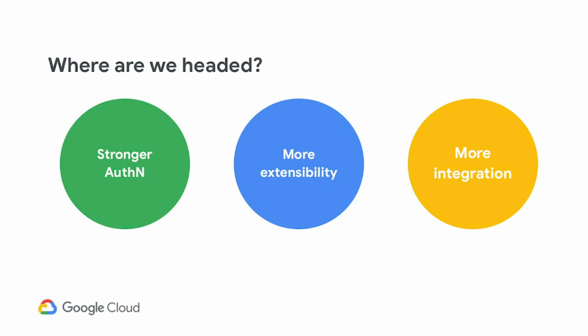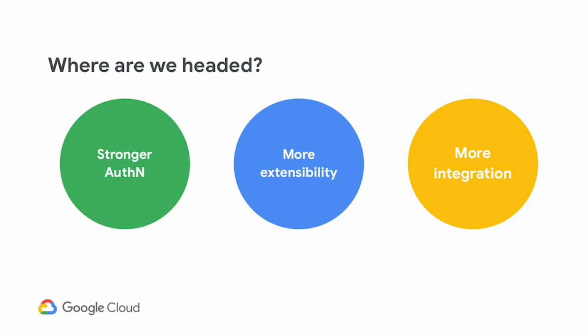More extensibility. We are a platform. So how can we deliver even more extensibility? Google can be opinionated about some of the things that we do, but how can we offer the right solutions for you? And you say, well, I really like these three building blocks together, but I need to put these extra two pieces on top of it. And so we're doing all sorts of interesting stuff, integrating across Google Cloud with some of the announcements you'll hear this week, and some future announcements to make sure that you have the right pieces to extend wherever you want to go, whether it be hybrid environments, on-prem, more GCP, other services and things like that. So we're investing really heavily in our extensibility story.